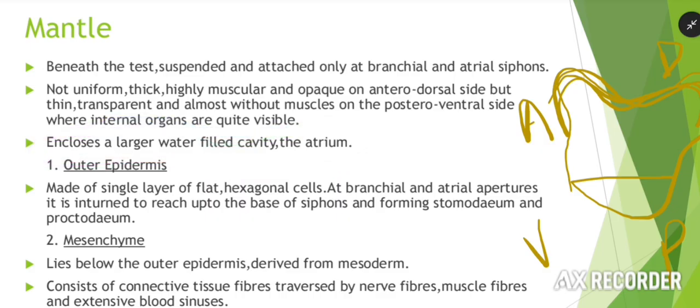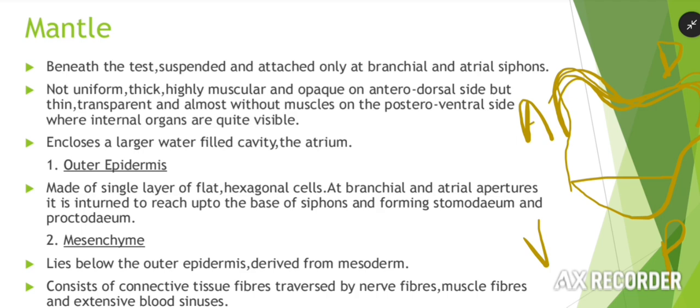Sorry. Mantle. Now this mantle consists of three layers. This is outer epidermis, mesenchyme, and the inner epidermis. Okay, so outer epidermis, mesenchyme and inner epidermis. मैंटल लाइज बीनीथ द टेस्ट। चलो एपिडर्मिस हो गया, आउटर एपिडर्मिस। आउटर एपिडर्मिस इट इज मेड ऑफ सिंगल लेयर ऑफ फ्लैट हेक्सागोनल cells. At branchial and atrial apertures, it is inturned to reach up to the base of siphons and forming stomodeum and proctodeum. Okay,